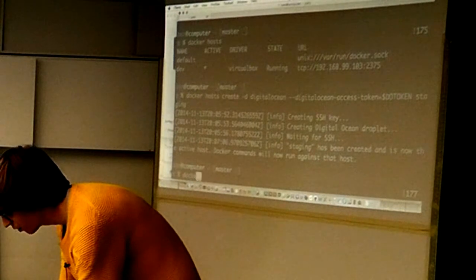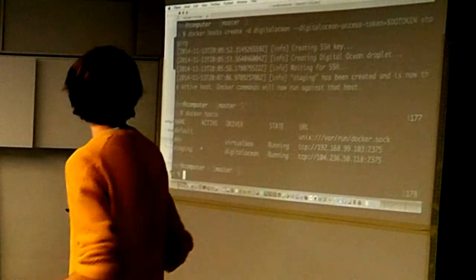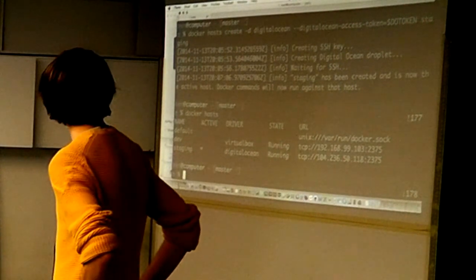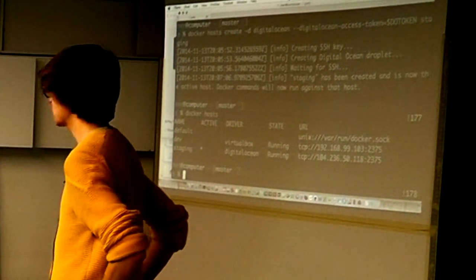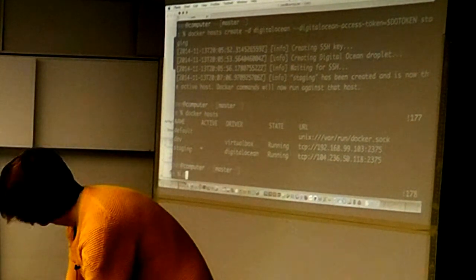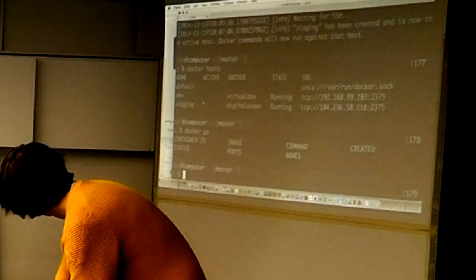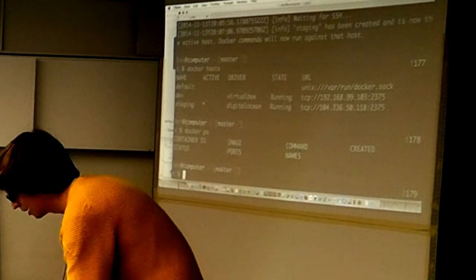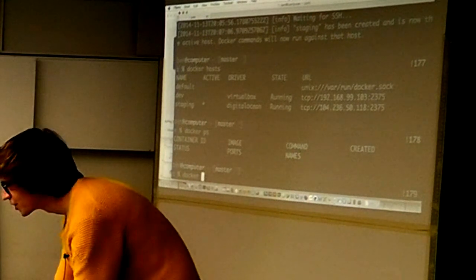And if we look at Docker hosts again, we've got one of our hosts there, default, which isn't actually a host, that's just pointing at a unix socket, and VirtualBox, which we just created, which is still running, and a new DigitalOcean host. And if we look at this host, it's not the same thing. But I can show you it's not the same thing.